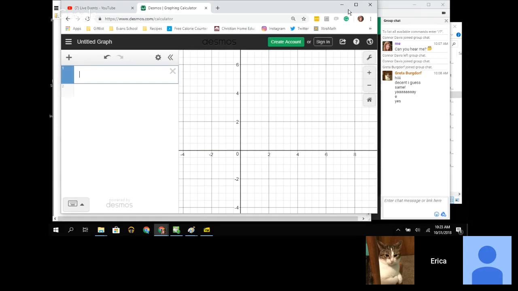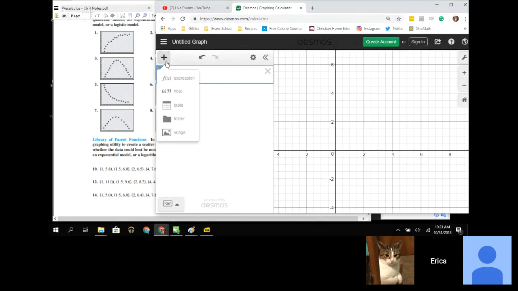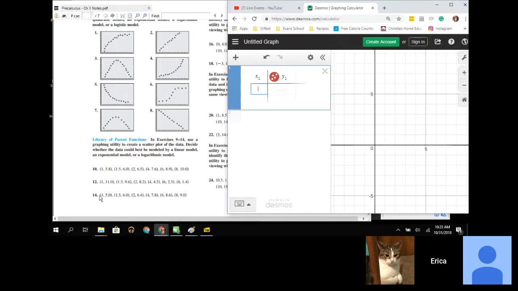And you're basically going to add all your data points in by adding a table, right? So you're basically doing what you did in 1 through 8, but you have to put the points in yourself. Again, if you're using your TI, you can do this if you go to